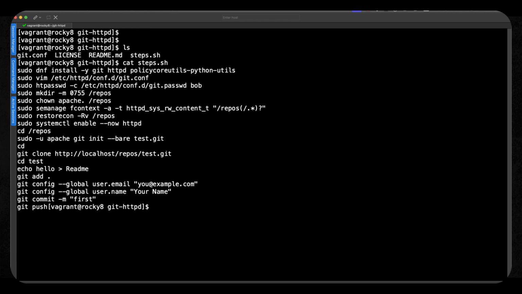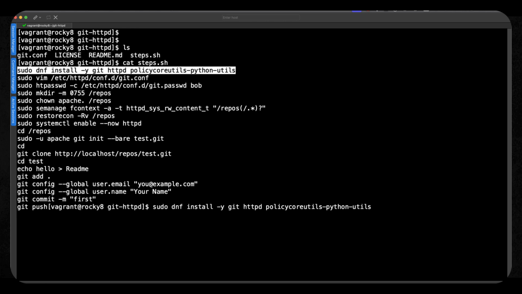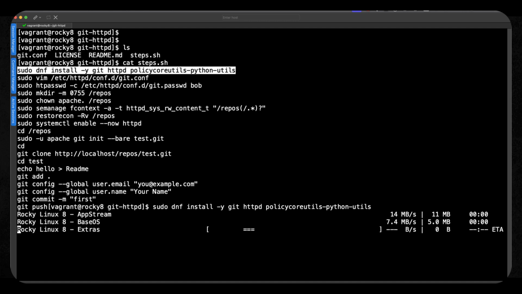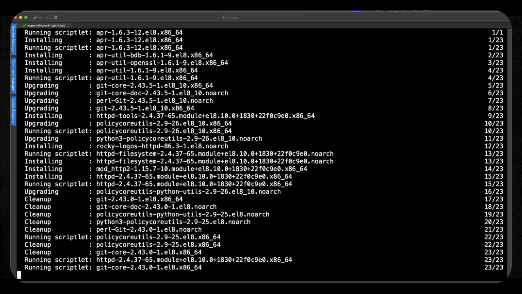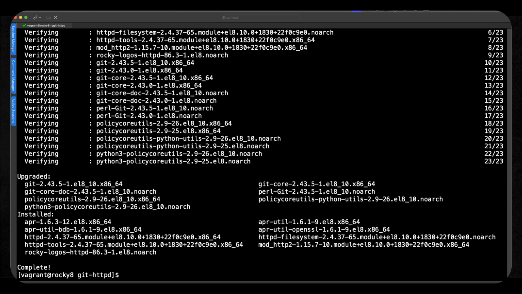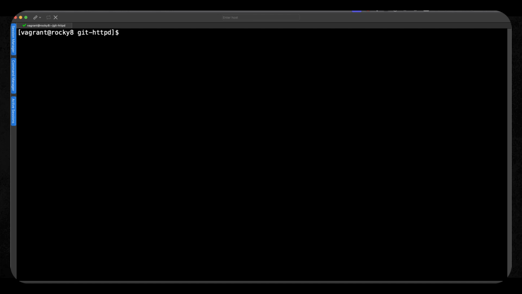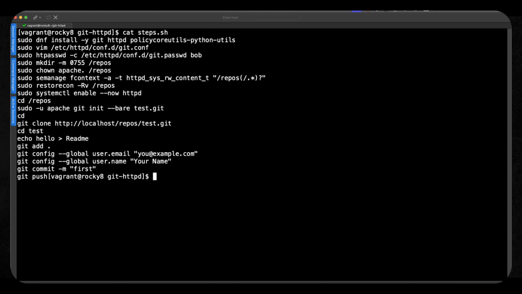And we can see that the first step is to install Git, which we know we already have, the HTTP daemon, and so that we can manage our file system policies, we've got the policycoreutils being added in, and that's for SELinux. So we can go through then and run through the installation. I'll just cut it short a little bit because it's not that interesting watching, but also it doesn't take that long to run through, but a little bit was cut out.